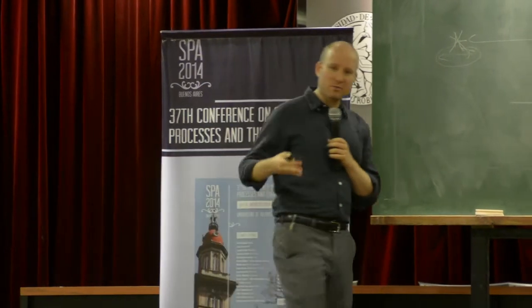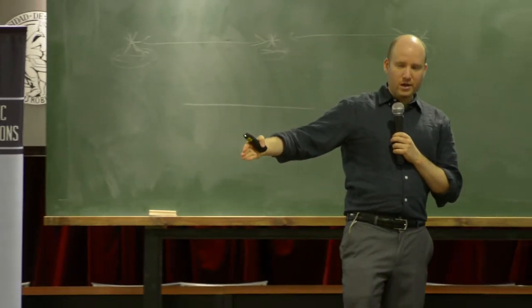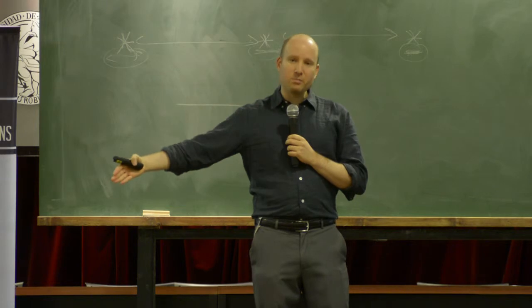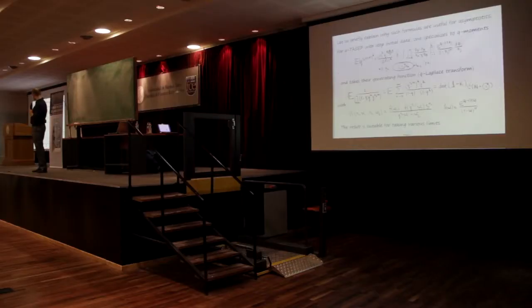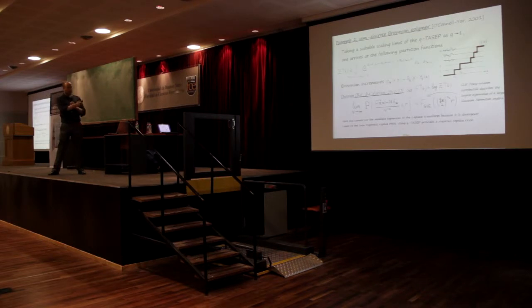Because of the connection between q-TASEP and this polymer model, one gets that the q-Laplace transform, as q goes to 1, becomes the Laplace transform of this partition function. Of course, the Laplace transform of a positive random variable also identifies its distribution, and this allows you to perform certain asymptotics. So I'll record one asymptotic result, which is that if you look at the logarithm of Z, which